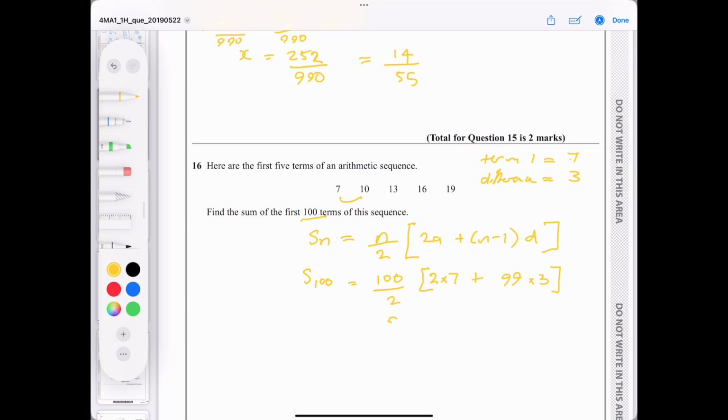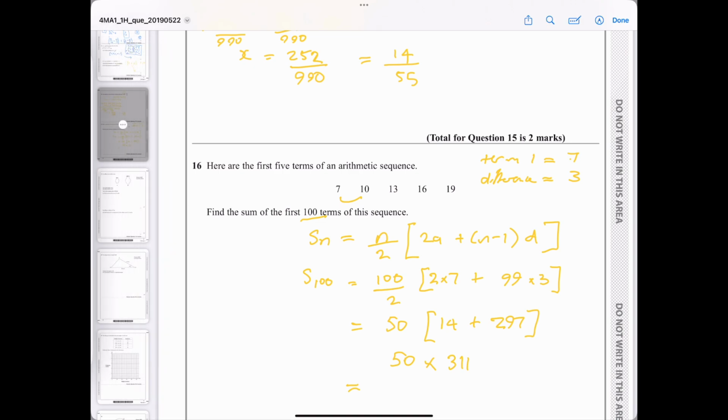Okay, so we've got 50 times 14 plus whatever 99 times 3 is. 297 plus 14 equals 311, okay, and then that's 50 times 311, which equals 15